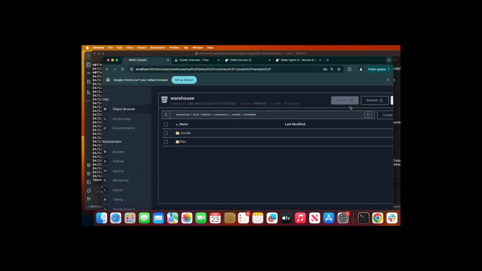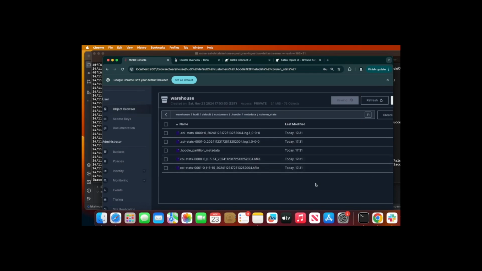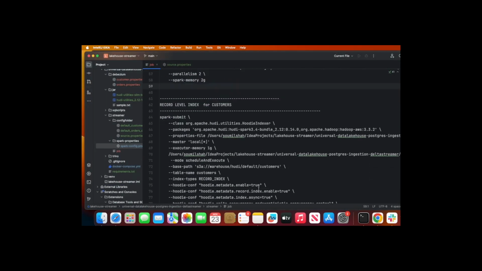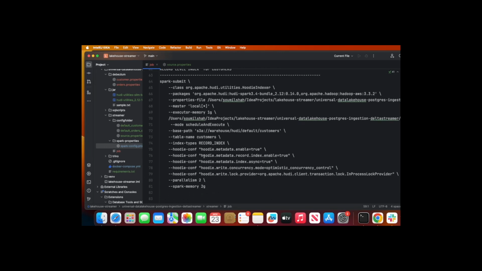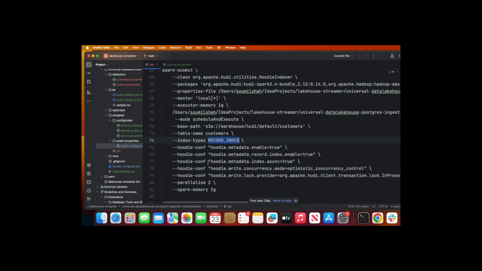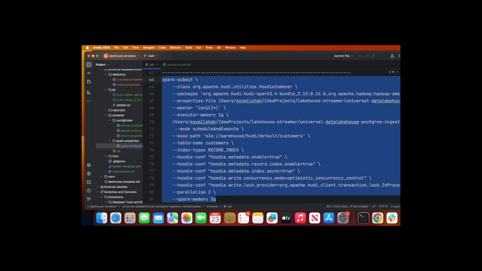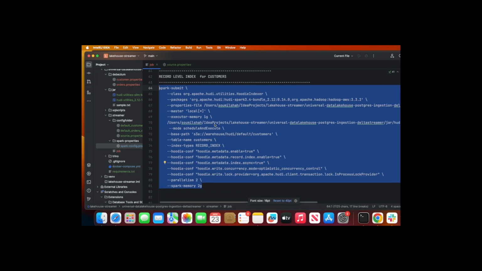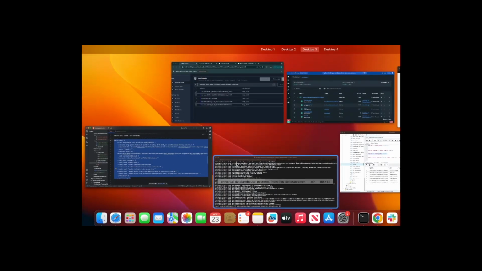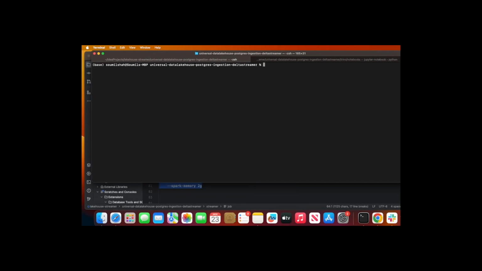It is complete. Now, if I refresh, here you can see the column stats, right? So it was able to create that index for us, right? We are also going to create a record level index, and again, I'm going to use the same class called Hudi indexer, and then here the index type is going to be the record level index. Record level indexes are great for point lookups. It really speeds up point lookups by about 70 times, right? So now I will again run the command,